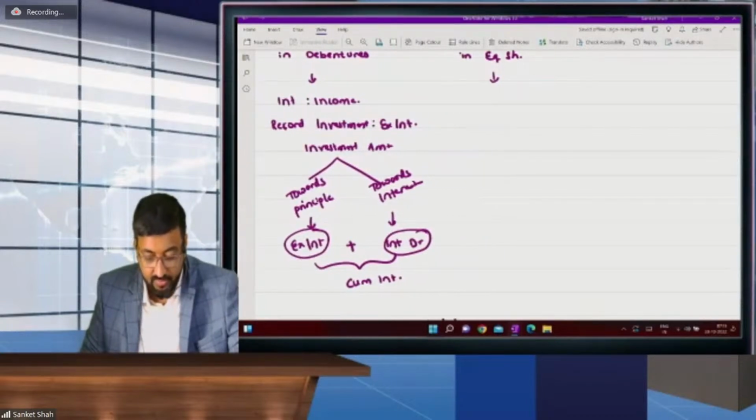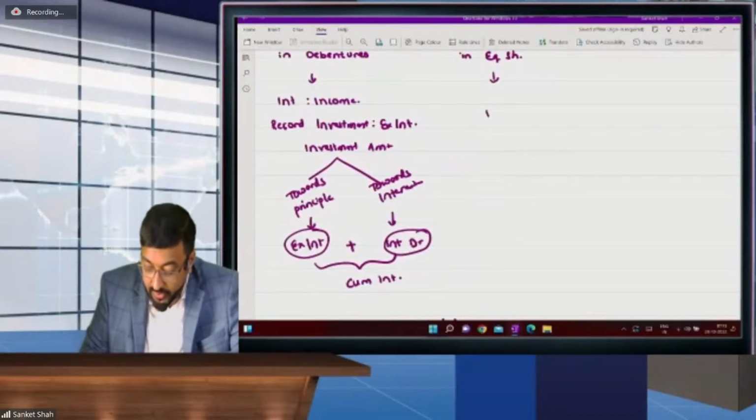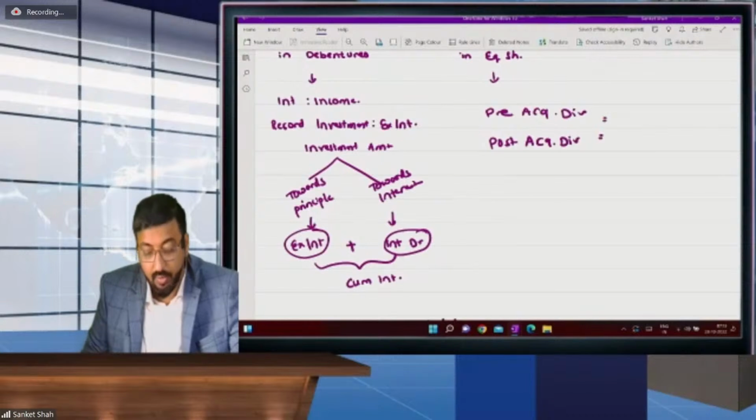Let's go. Next one. Investment in equity shares. Now, what is important in equity shares investment? Beta, it's very simple. Here, there is no concept of ex-interest and cum-interest, but here there is a concept of pre-acquisition dividend and post-acquisition dividend. Now, what is the dividend? Suppose